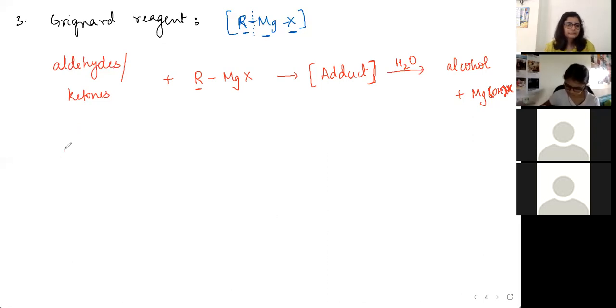Let's take an example of a ketone, and then I'll give one more equation using an aldehyde. You guys try and predict what product you get. So let's take CH3, C double bond O, CH3 plus RMgX. Now for the adduct,